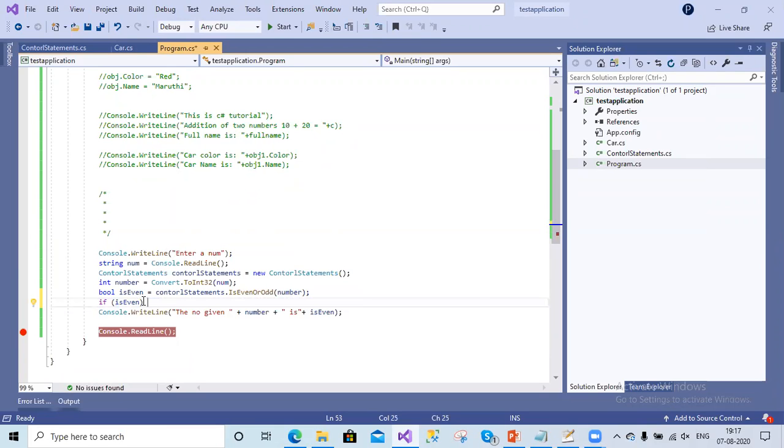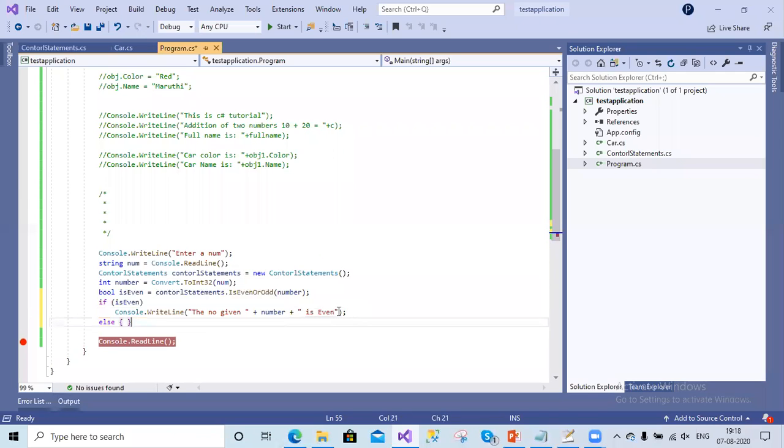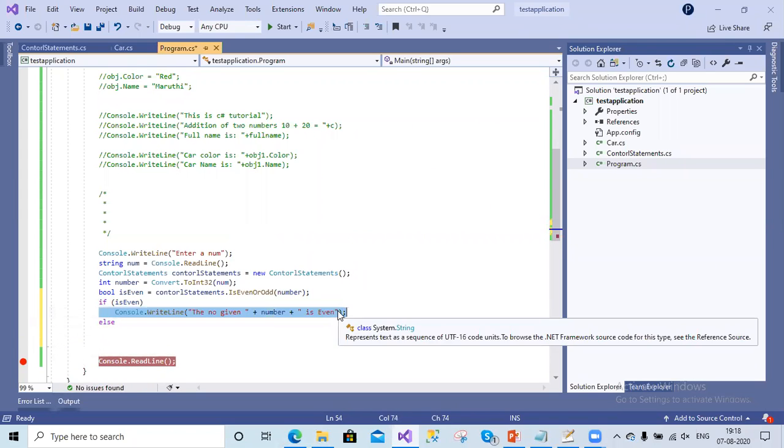If you have multiple statements, then you have to write the curly brackets open and close. Now we will remove this and print that. If it is even, we are printing it is even. If it is odd, in the else condition, we will display. Here also we don't need the brackets because we are displaying only one statement.